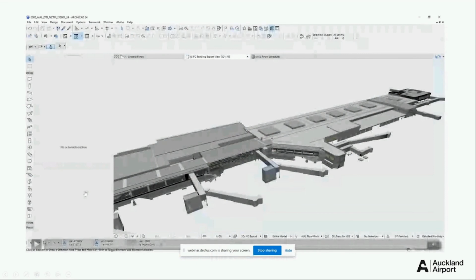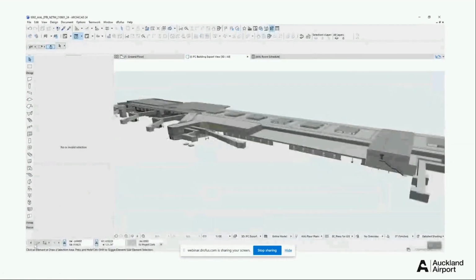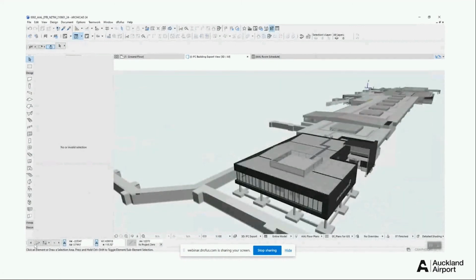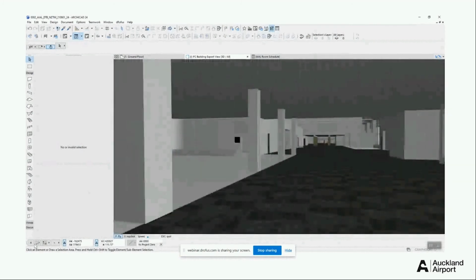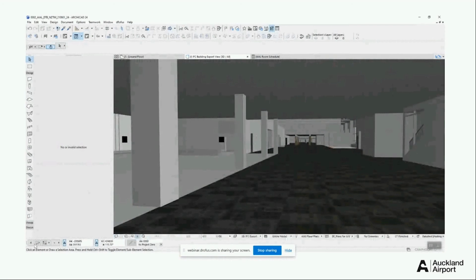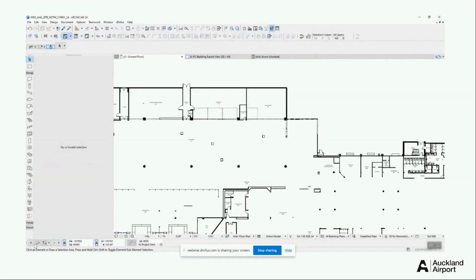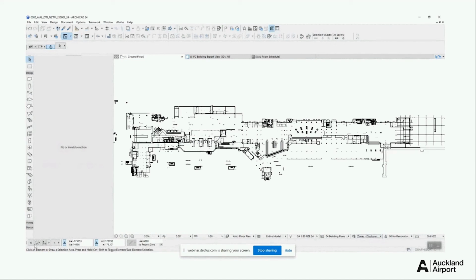So I'll just jump into a demo here of our domestic terminal and how it's connected to dRofus. Here we have the domestic terminal model. It's in ArchiCAD. I've got the floor plans. The thing with dRofus is we can change data either in the model and then feed it back to dRofus,